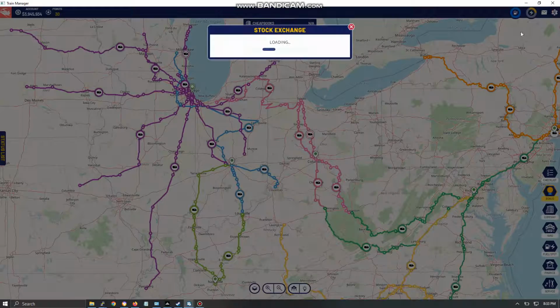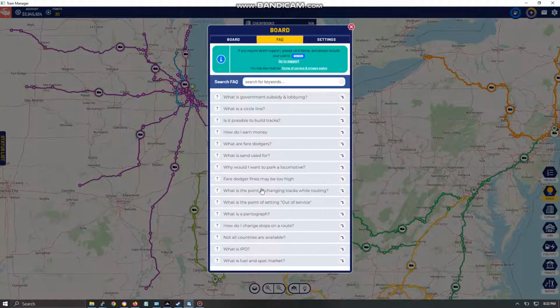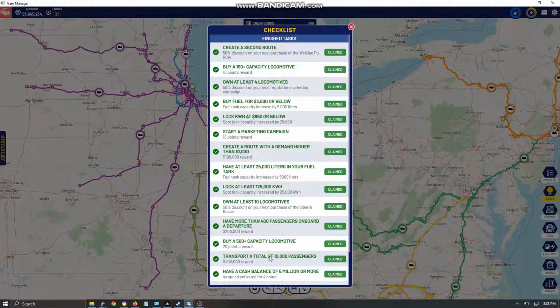So over here you're going to have the online help, the frequently asked questions. Unfortunately, there's not enough. You have a lot of questions that aren't going to be answered over here. And then you have your account settings. There is something to optimize the performance. I don't know how it works or not. You want to accomplish these items. One of them says